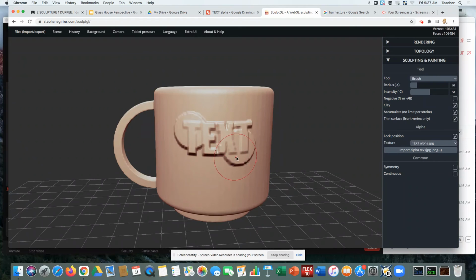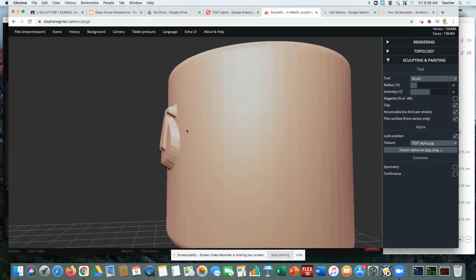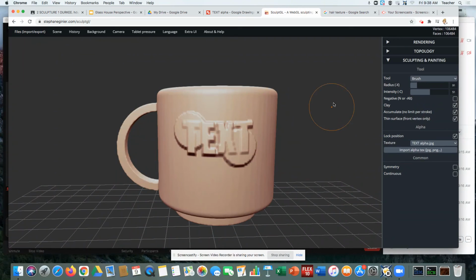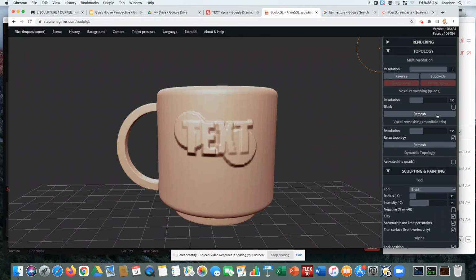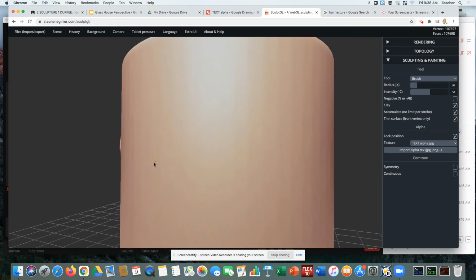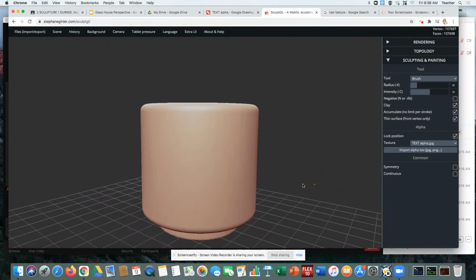So here you notice that the circles that we made that were light gray are behind that text that was solid white, and our black background doesn't show up at all. That is how contrast is working with alphas. Again, always return to topology and remesh after you make a big change on your object. And now I have that text on my mug. So I'm going to go over to the other side here